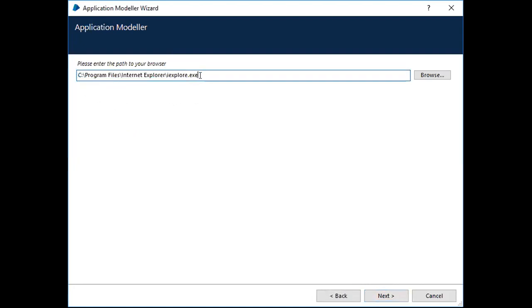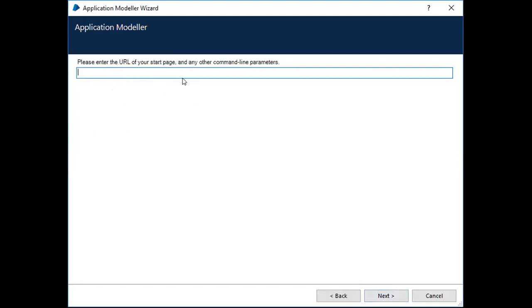You have to give the path where the application has been installed, where the exe is located. Click next, and it will ask you to enter the URL to open. If you leave it empty, it will open with the default home page set in your browser, but I want to open it with Google as the first page when the application opens.